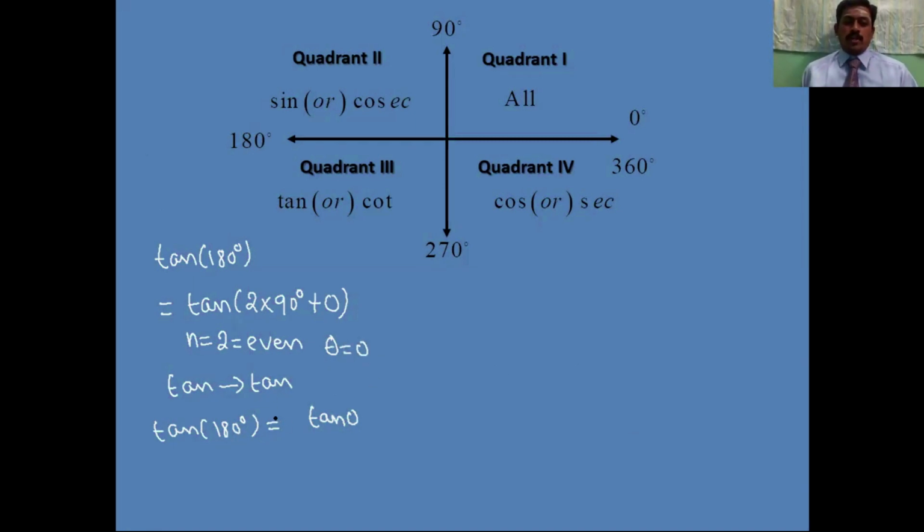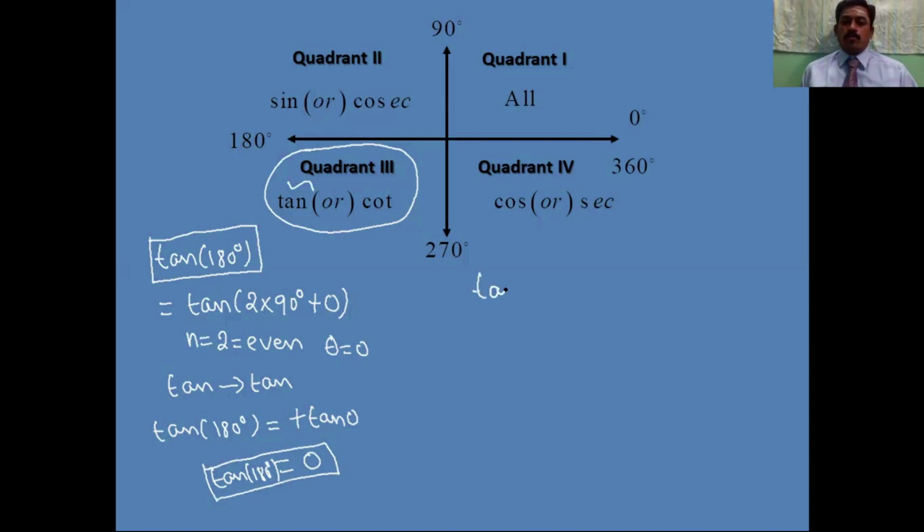So now we have to check what is the symbol. For that I have taken tan 180 plus 0. Tan 180 plus means it lies in what? The third quadrant. In the third quadrant, if you observe, only tan is positive, and we are given in the form of tan only, that is tan 180 degree. So therefore it is positive. But tan 0 is 0. So your value of tan 180 degrees